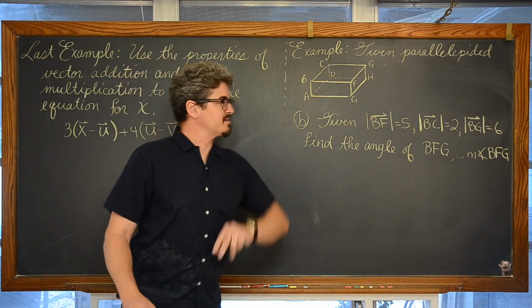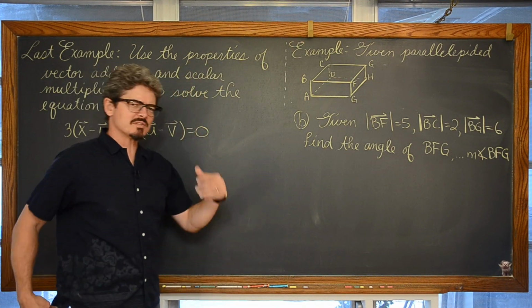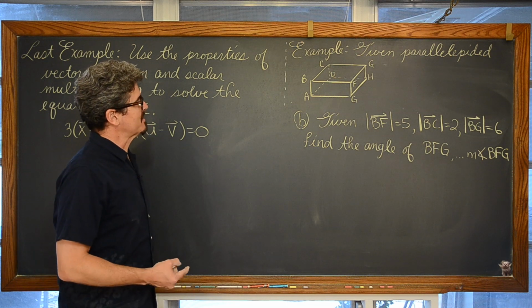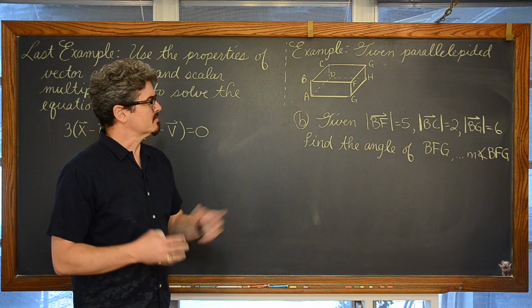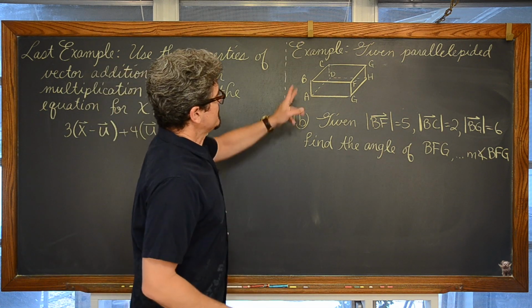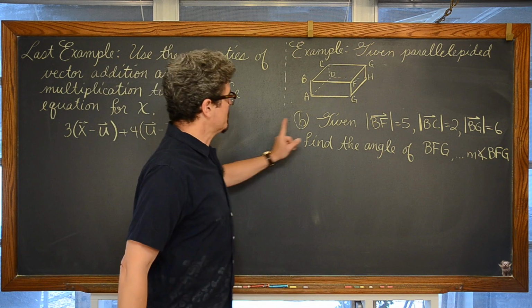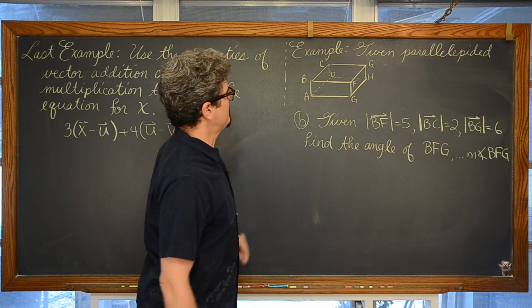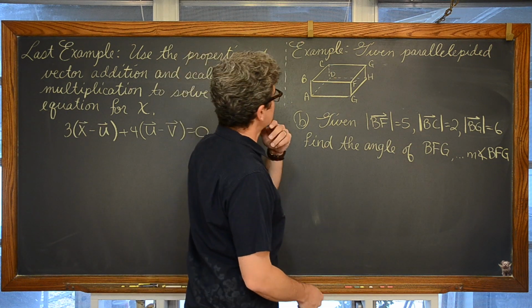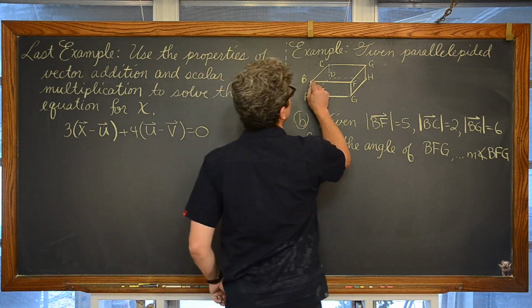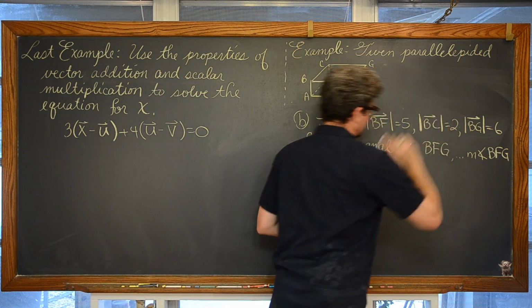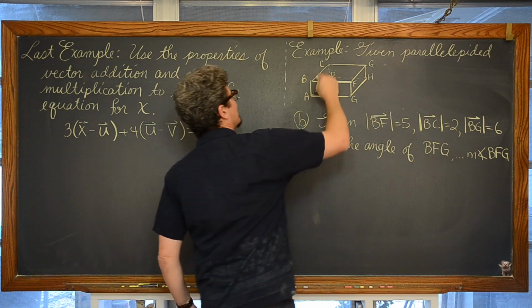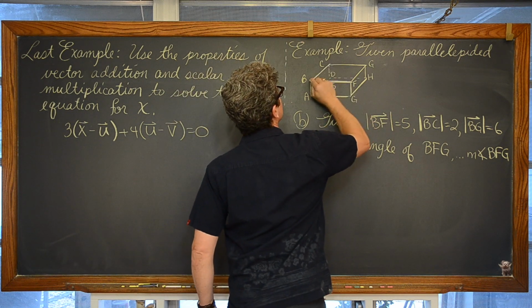And here for our last 2 examples, we're actually going to maybe get a little bit simpler for these last 2 than that previous example, as long as you remember a little bit of trig, or your law of either sine or cosine. Given this parallelepiped again, we're going to be given the fact that BF is equal to 5. BC has the magnitude of vector BC has a value, or is 2.